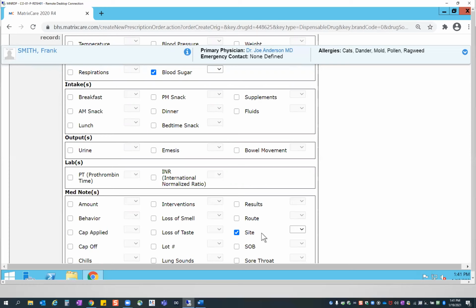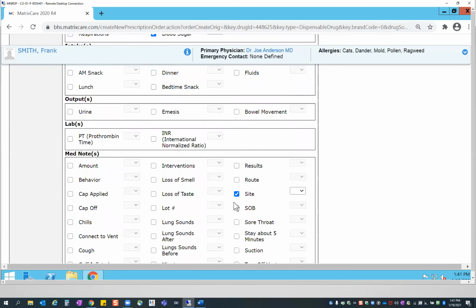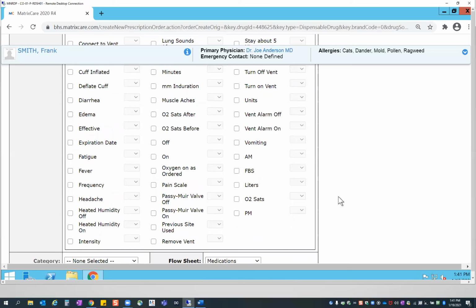So these 2 options here really have a great impact in how things show in Care Assist and the additional prompts that the user is going to see and get. So I'm going to go ahead and select site here. As I move on down,